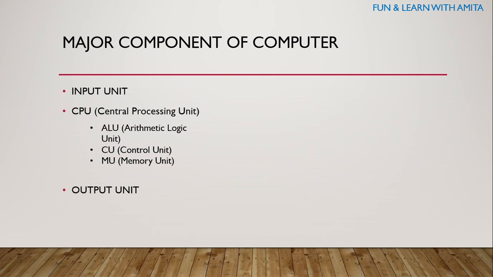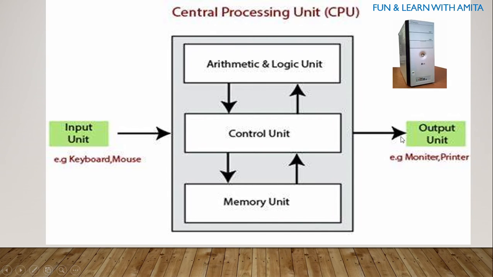So let's remember it in easy way. You can see this tiny picture in screen that is called CPU. So inside this CPU, this ALU, CU and MU work. What is ALU? ALU means arithmetic logic unit. Here, in this part of computer, arithmetic and logical operations happen. Arithmetic means addition, subtraction, division, multiplication, etc. And logical means comparison, selection, merging, matching, etc.